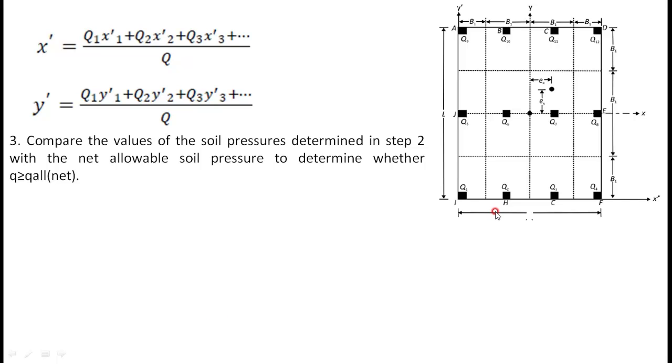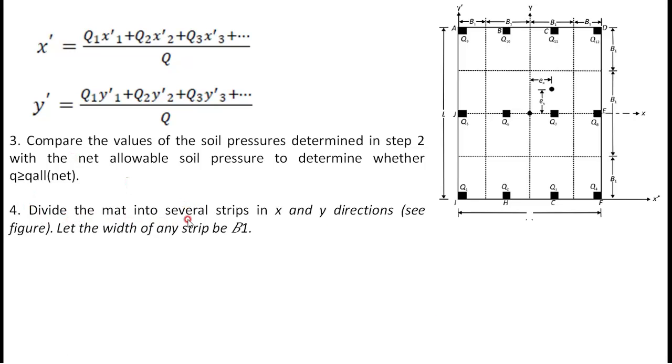There are many possibilities. You need to increase the area. If your property line is only this much and you cannot increase the area, then ask your owner to reduce the load from the superstructure. Ask him to reduce the number of stories or the loads, dead load, live load. Or if your owner is not ready to reduce his superstructure load, then increase the allowable soil pressure by doing some mechanical stabilization, replacing the soil, or going for a pile foundation, whatever it may be. Okay, you increase that.